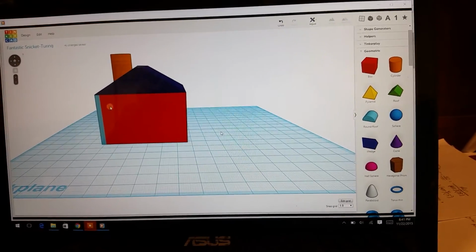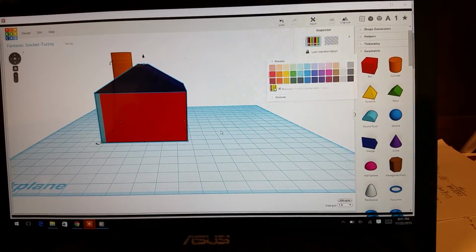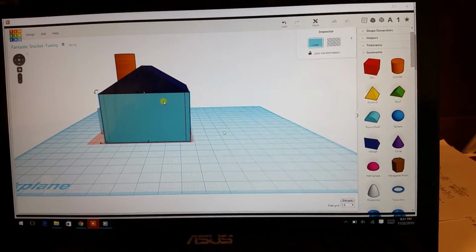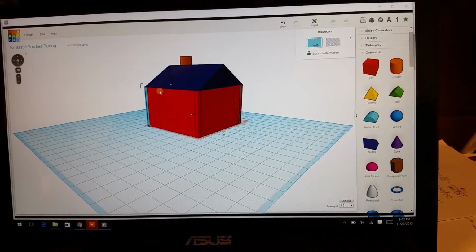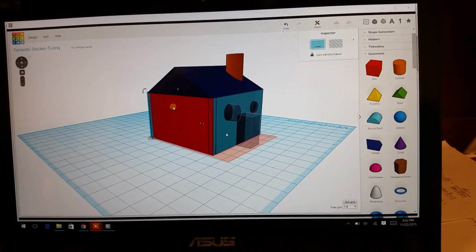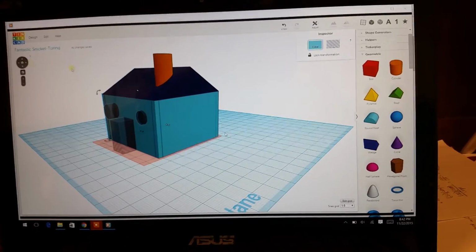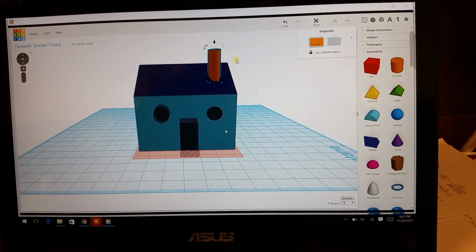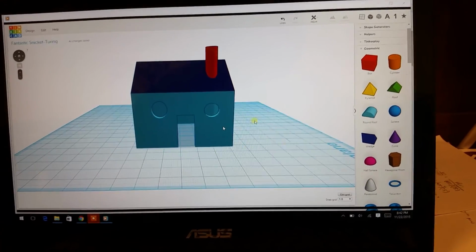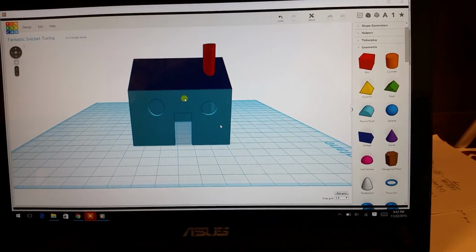So I'm going to go around, I'm going to change this wall, double click, light blue, messed up a little bit. Alright, there we go, light blue, go around to the other wall, click, light blue. I know this is kind of an ugly house, but I'm just showing how to make a simple house. And then I'll also change the chimney, let's make it red. Okay, so there's our house. Looks nice. I'll group it again. It was already grouped, but